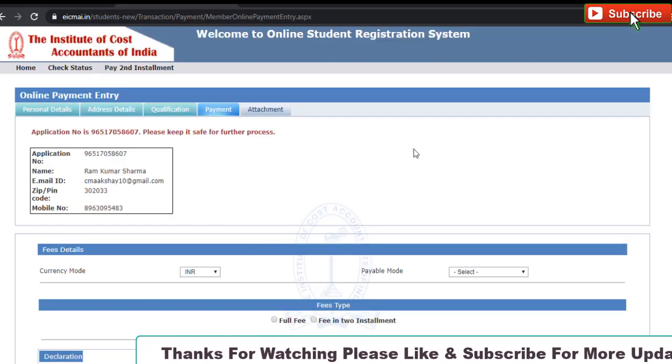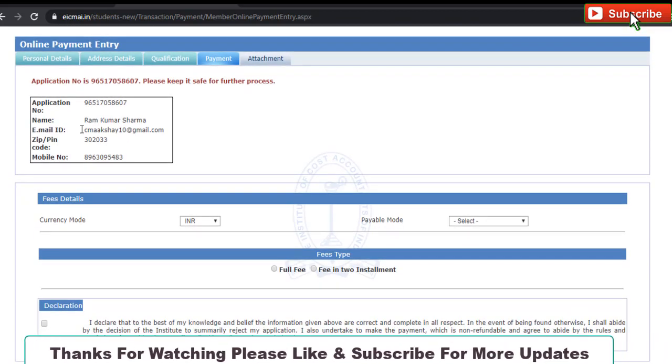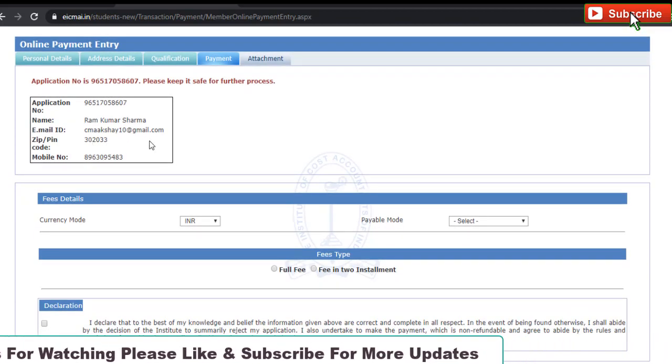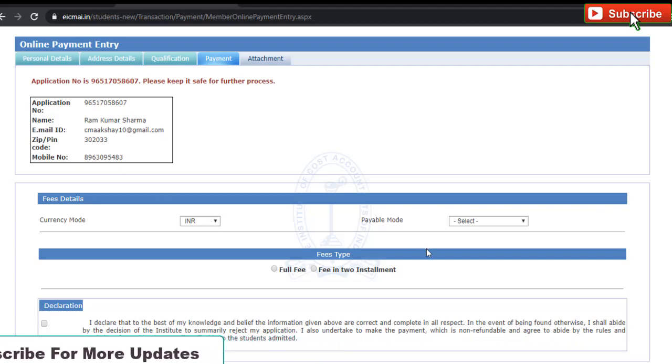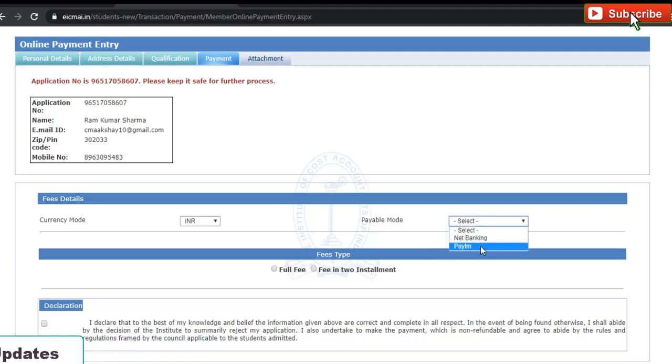Now your application number will be generated, with your name, email ID, pin code and mobile number. Now you have to make the payment. So you have to choose your mode of payment, net banking or Paytm. Paytm does not mean you are going to pay from your Paytm wallet.